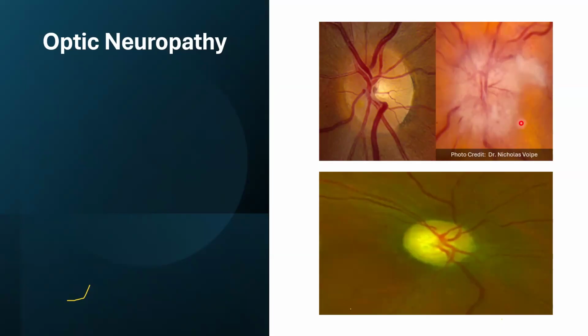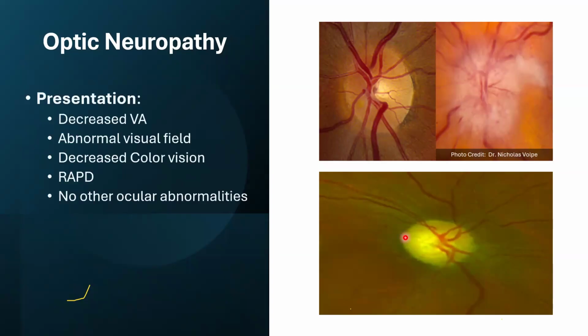As you can see, the margin is blurred. You can see the cotton wool spots here, a sign of ischemia. You can see a hemorrhage. You cannot see the blood vessels; there is obscuration of the blood vessels. So this is optic disc swelling. Later on, if it is chronic, you'll see a pale-looking optic nerve. Whether it was normal at the beginning or swollen, this is the end result.